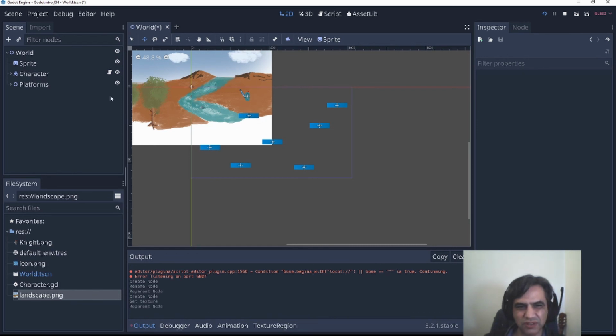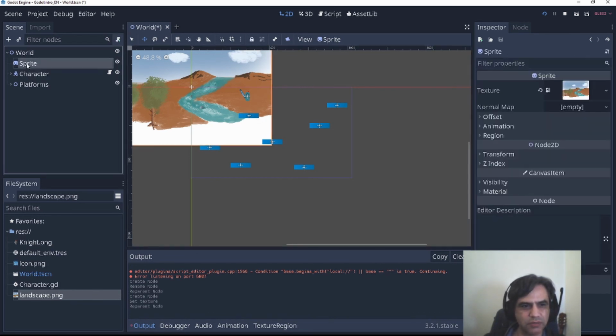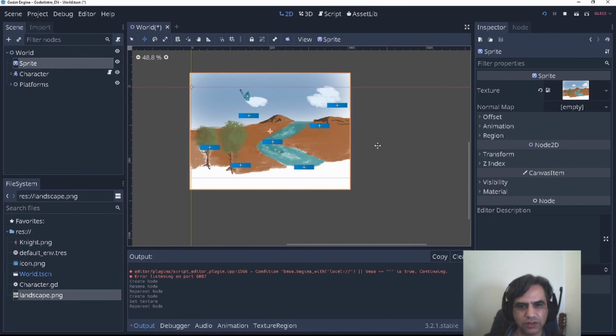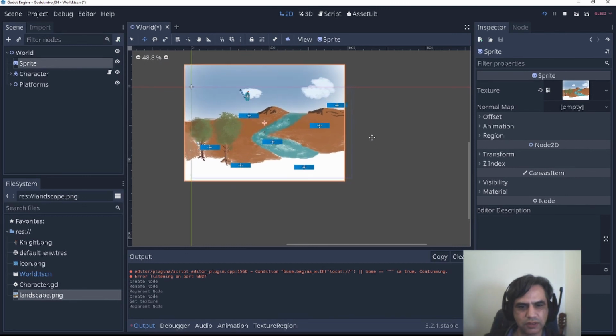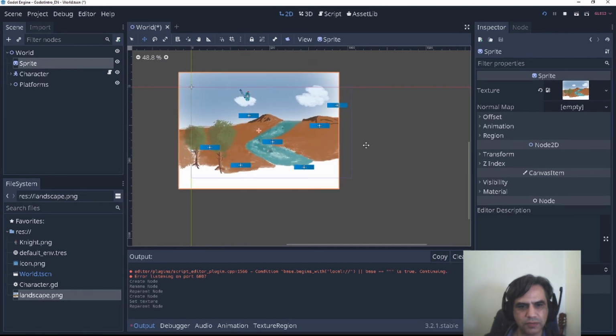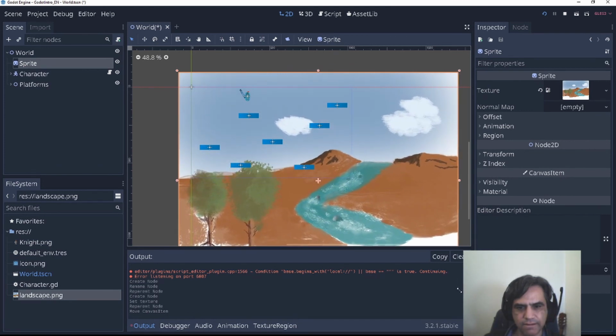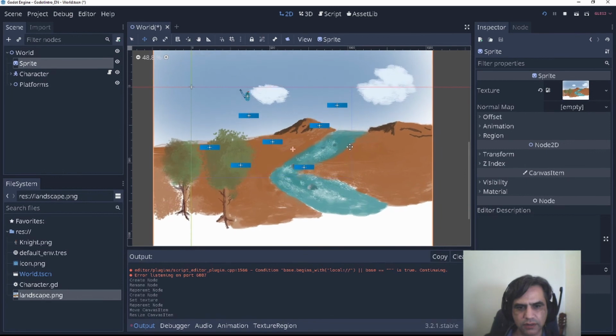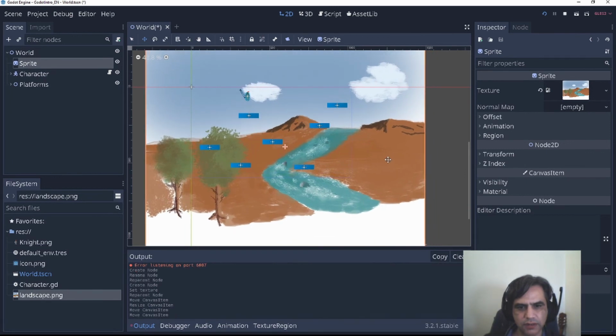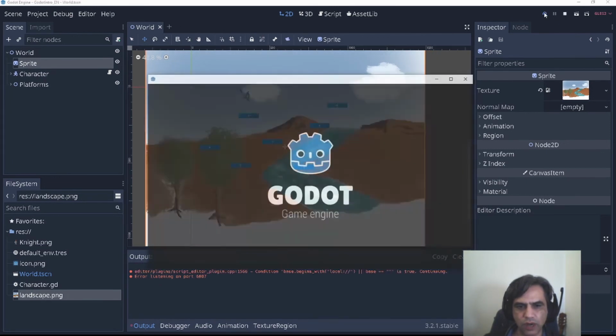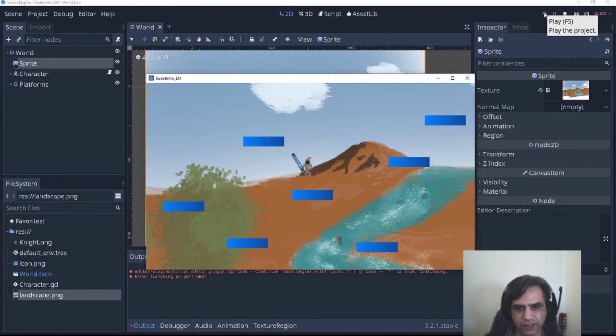I know it's not the most beautiful thing, but we can do, and we are going to increase this. So now our game has a background. Yay!